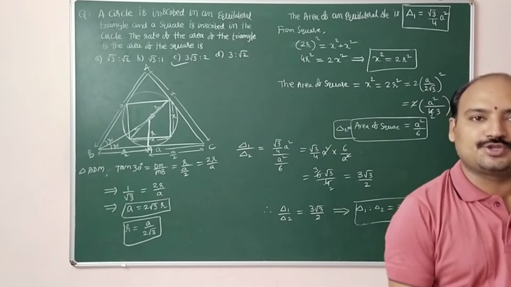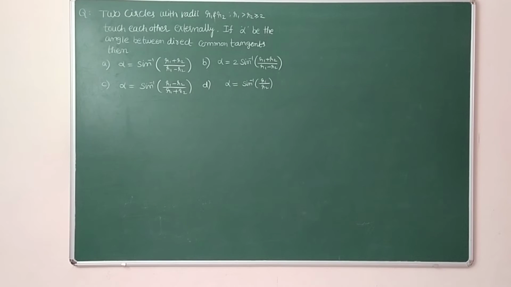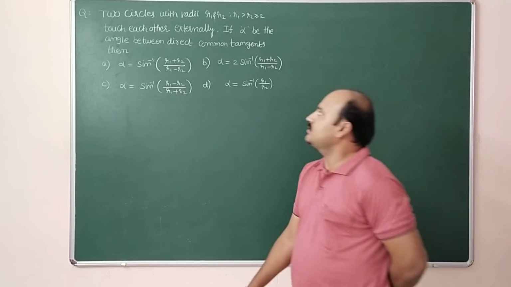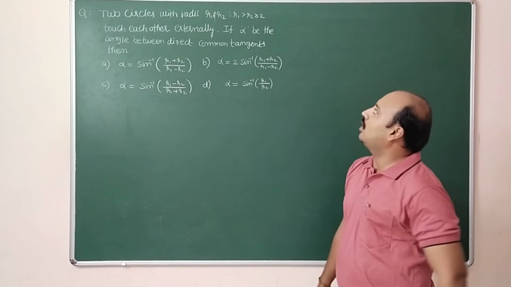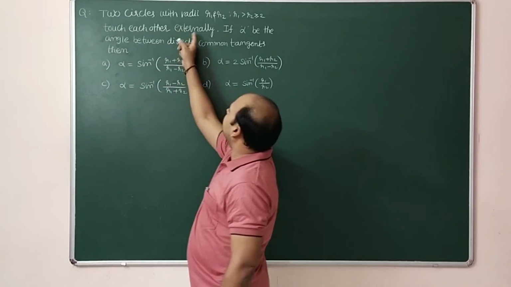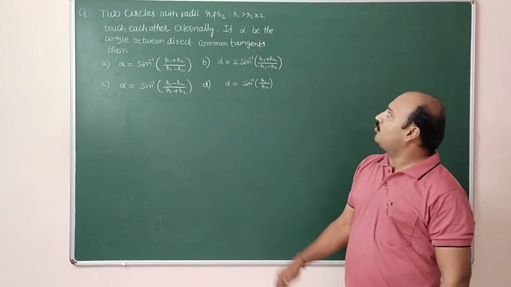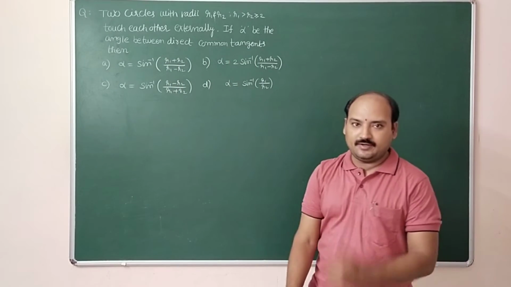We will move to the next question now. The next question, dear students. Two circles with radii R1 and R2, R1 is greater than R2 is greater than or equal to 2, touch each other externally. If alpha be the angle between the direct common tangents, then